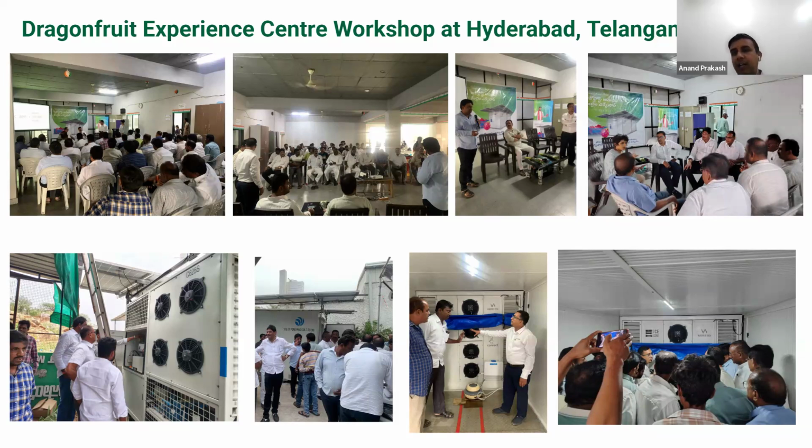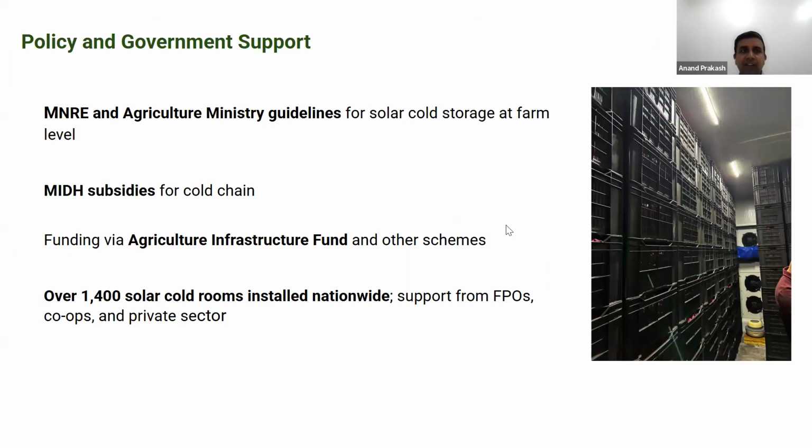Because right now, what we have understood is that the technology is there, and people are not able to tap that technology because they do not have proper knowledge of it. So we are making efforts to disseminate such knowledge and create an ecosystem. Equally, the government is making efforts. Some of you might be aware that very recently MNRE has released guidelines, which did not exist before, for solar cold storage. In fact, the government has taken steps in giving subsidies for this cold chain. MIDH has done so. There are a few special funds called Agri Infra Fund for such schemes, wherein these farmers could